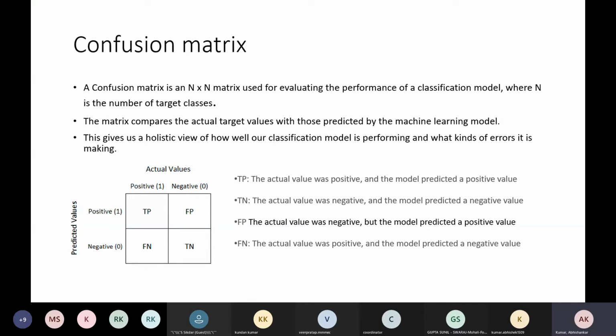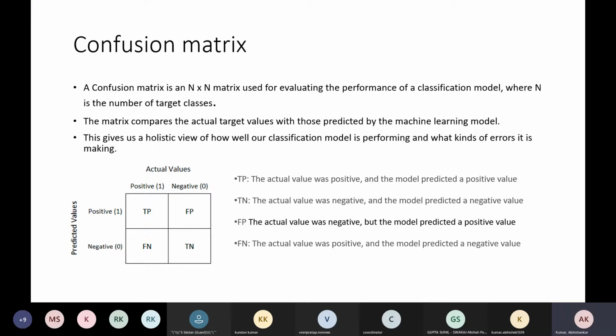So how is the confusion matrix defined? It is an n cross n matrix used for evaluating the performance of a classification model, where n is the number of target classes. Let's say you have binary classification. What will be the dimension of your confusion matrix?